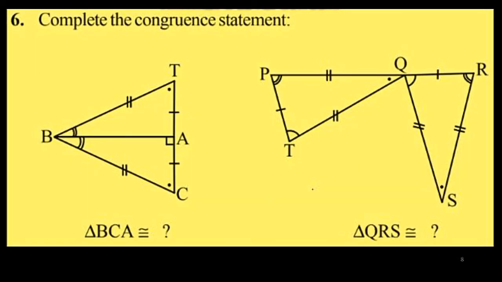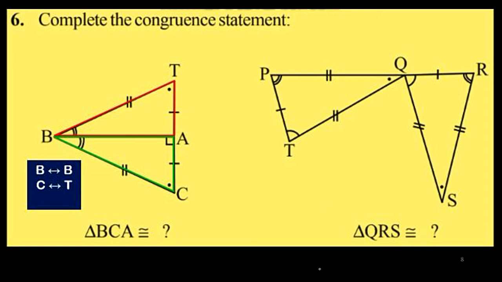Complete the congruence statement. Again, in the first figure, if you see, two triangles are having a common side. What is this common side? BA. But it makes it a little difficult to understand. I will just separate the two triangles with two different color shades. You can see I have one red triangle and a green triangle. Now, what I suggested in my previous question, I will be marking the corresponding vertex. So same here, B of red triangle and B of green triangle. These are the corresponding vertices.